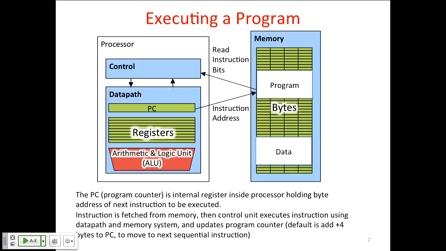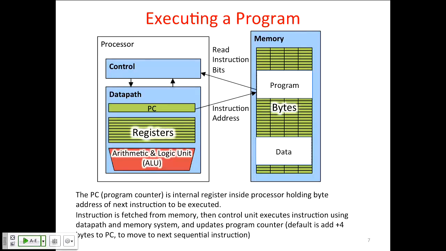And how does it know where the instruction is? Well, there's one register called the PC, or program counter. It's a really bad name for this. It should be called the instruction pointer. Some machines actually do call it the instruction pointer, but a lot of machines, including MIPS, call it the program counter. That's just the register that has an address in it, an address of where you are in the program in main memory. So the PC points at some location in memory, and that's the next instruction that will get